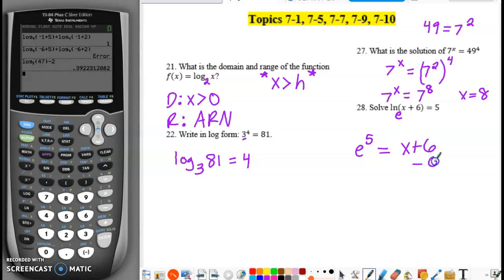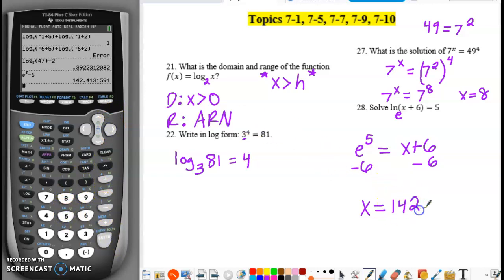And then we will subtract 6 from both sides. And then we will get our answer for x. So in your calculator, to get the e, we're going to do second ln. E, it was to the 5th power. And then we're going to subtract 6. We're going to get x is equal to 142,